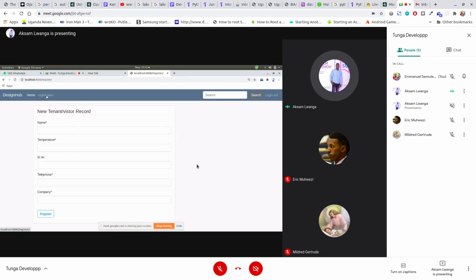So I can register. I remember they told us that this should be optional, so you can see that it doesn't have the asterisk meaning it's not optional. And again, all numbers can be verified. For example, it can tell that this is not a valid phone number. We only use phone numbers which start with +256 or plus any other number which is a valid phone number in actual sense. So there it updates it, and if I go to my home,